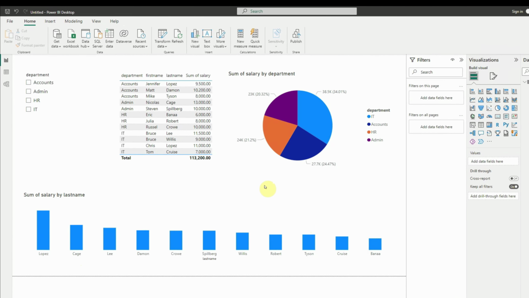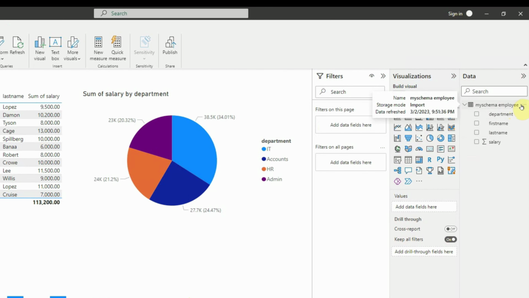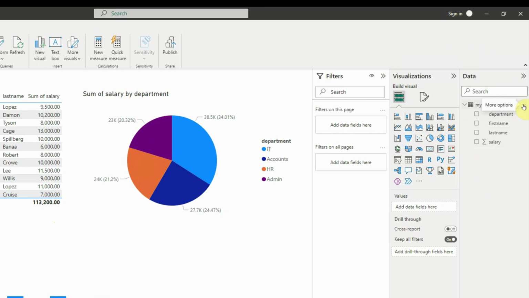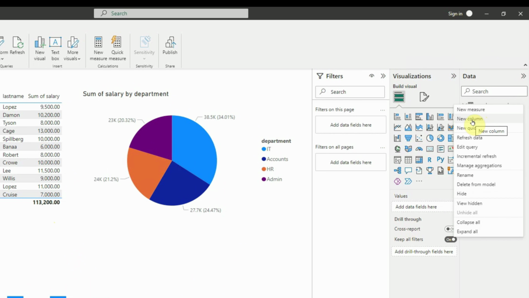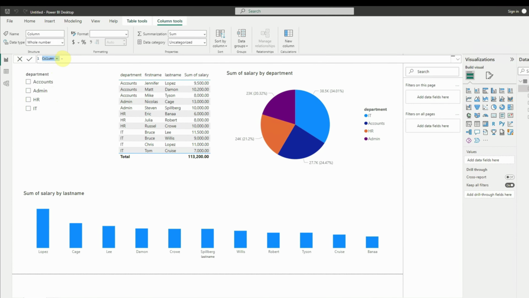And to do that, we are going to add one column here, which is going to be a calculated column. The reason is that we have the first name and last name as two different fields in our table, and because of that, two persons with the last name Lopez are considered together and their salaries are summed up, and we don't want that. So to add a column, we will click on these three dots here,